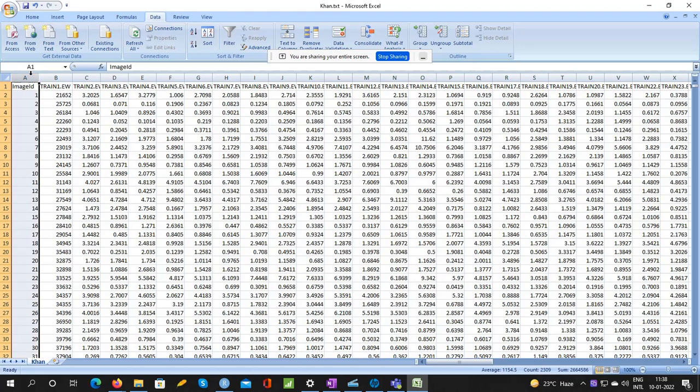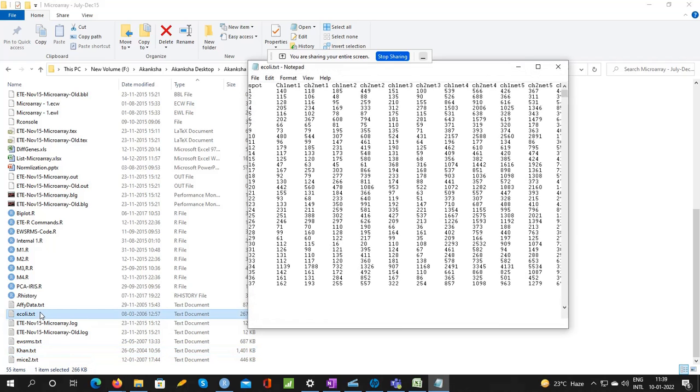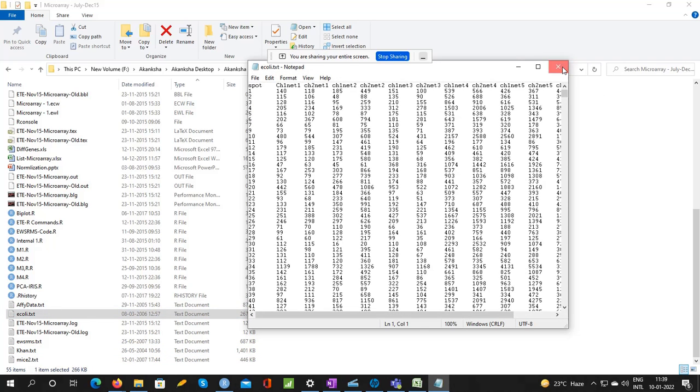So the first column is image id, so this is just like a serial number column. So sometimes it could actually be names of the genes also, and when you display your final results you may want to use those names. I might have another such data. Let me see if I have some data where names are there. No.